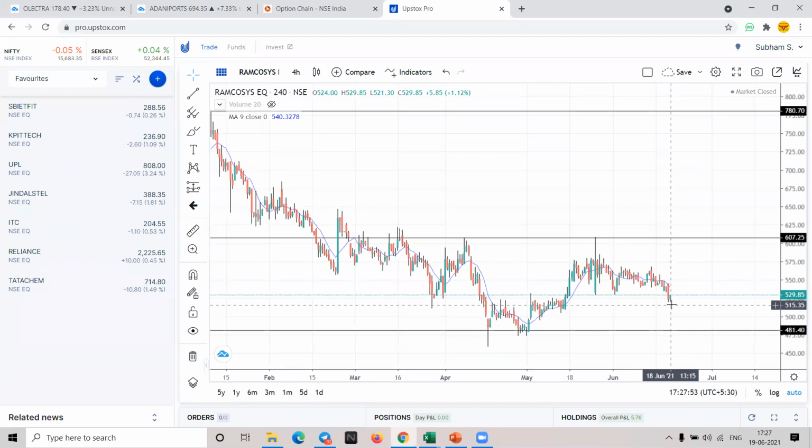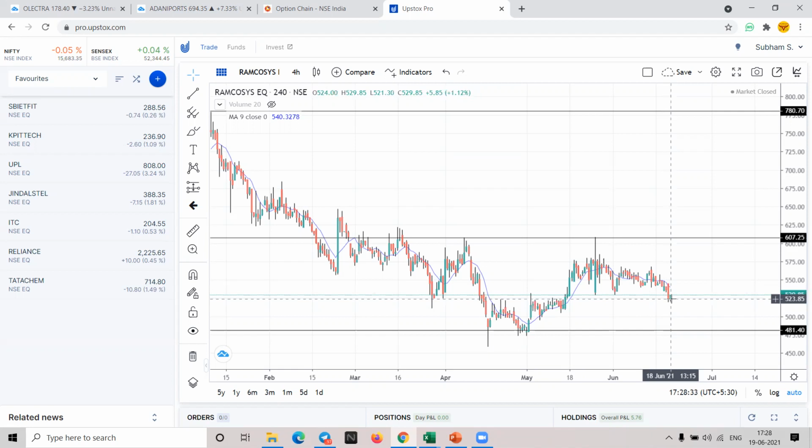There is one more type, known as exponential moving average, which we are not using. In that, they give a higher priority to the nearest close, that is this candle. The one below will have a little lesser priority, and when the period is 9, the 9th candle from here will have the least priority. That is, exponentially they are calculating the average. That is the only difference.